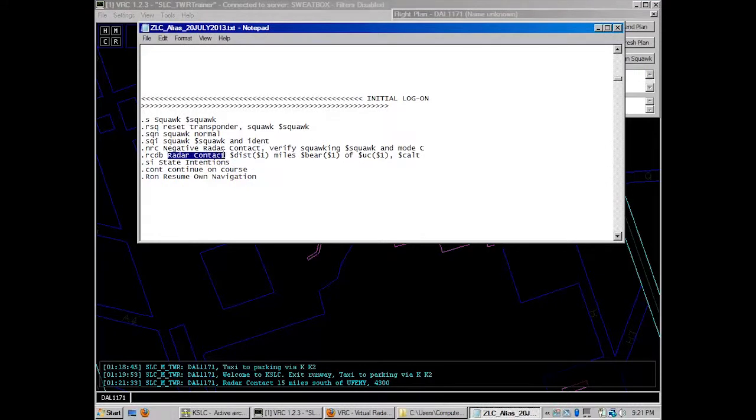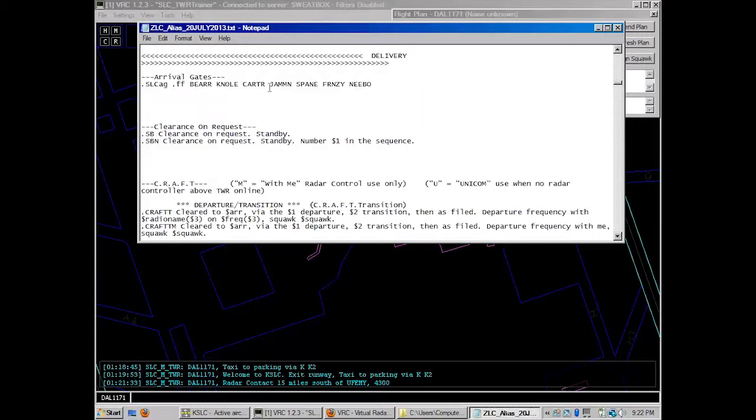How did it get that information? Radar contact, the distance from Euphemy, then it said miles, then the bearing from that waypoint, south of, then it listed the waypoint and uppercased it, and then it gave me the current altitude of that pilot. The elevation at Salt Lake City is 4,200 to 4,300 feet mean sea level, so it picked that pilot up as 4,300. Now that that's out of the way, there are a few key alias commands, or short dot commands,